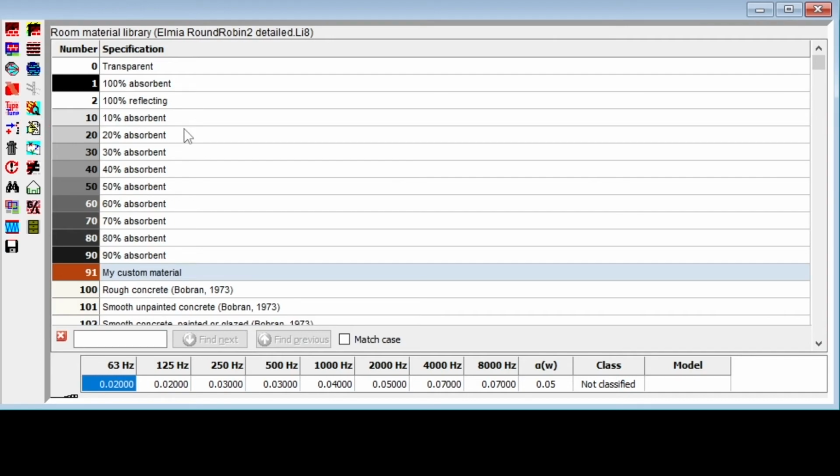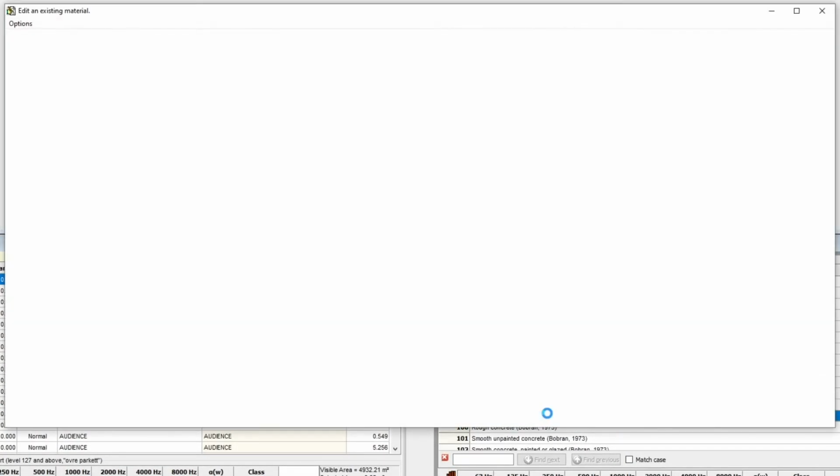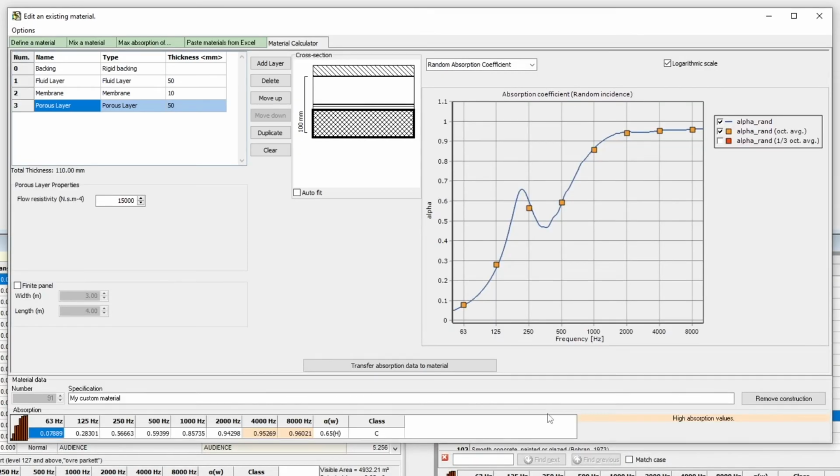If you go back and edit the material highlighted in blue, it will still have the layer data available. So, you will be able to edit the layers. If you click on Remove Construction, this will delete the layer data. You will still keep the absorption coefficients, but you will no longer be able to edit the layers.